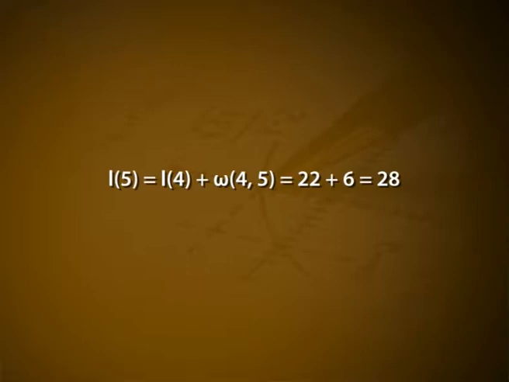Since there is an edge from 4 to 5 which we could have chosen after the second step, we can also have L of 5 equals L of 4 plus W of 4 5 equals 22 plus 6 equals 28. Clearly, the minimum value among these two is 20, which is taken as the length of the path from vertex 1 to vertex 5 through the vertices 3 and 6. Thus, the algorithm is completed and we get the shortest path from 1 to 5 as 1 to 3, 3 to 6, 6 to 5, which has a total length 20.